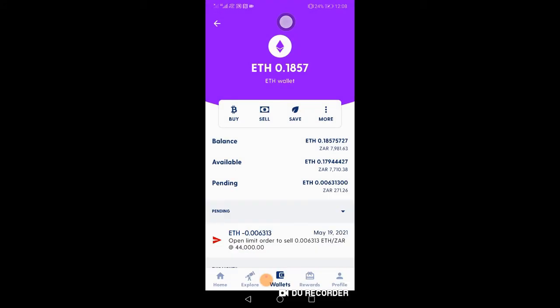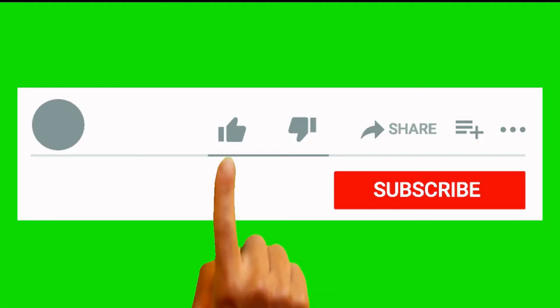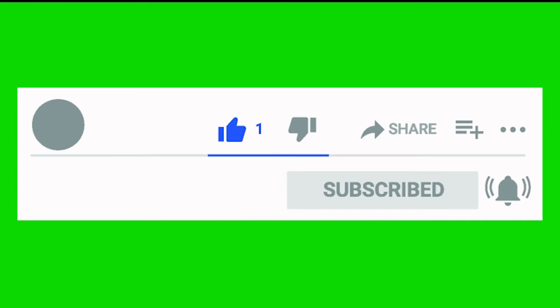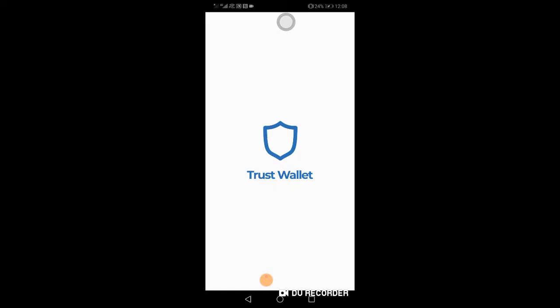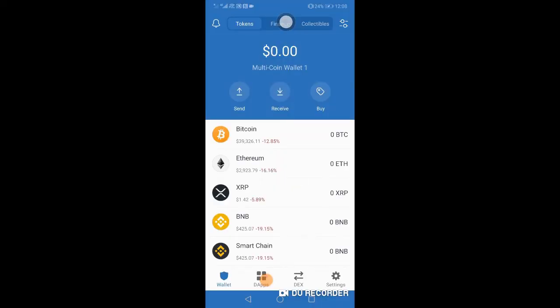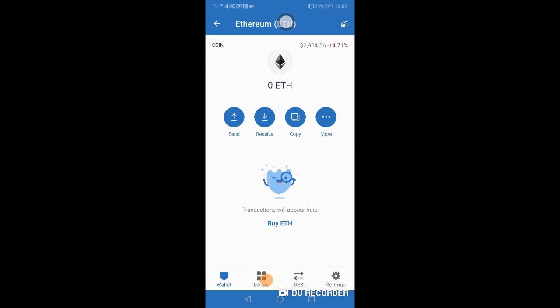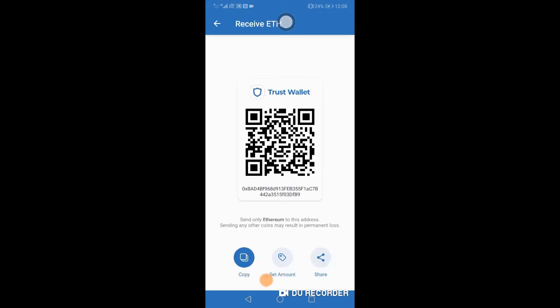Okay, so we have to go and get an address where we're going to send this Ethereum to. So we're going to go onto our Trust wallet. So we have Ethereum here. So this is where we're going to receive our Ethereum. So we're going to get this address here. So we're going to copy this,